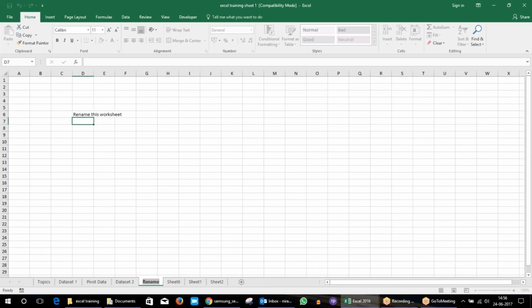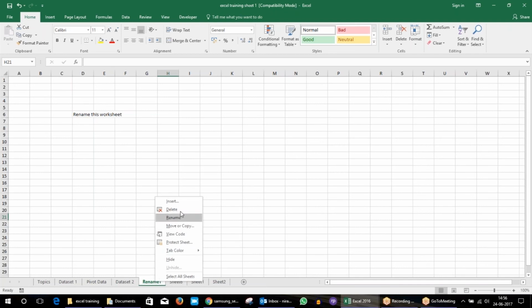so as you can see, I have got one data set. One is the name that I have given to this worksheet, right? That means we have just named the workbook, and you can also name your worksheet. For example, here I have written rename, right? That means if I do a right click here on the tab, these are the options that